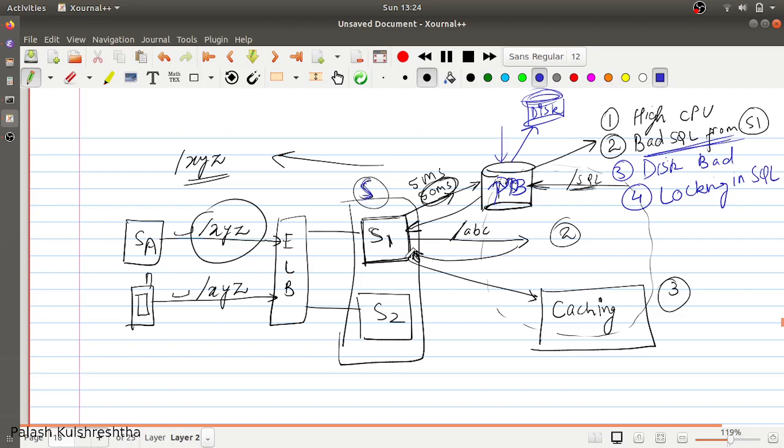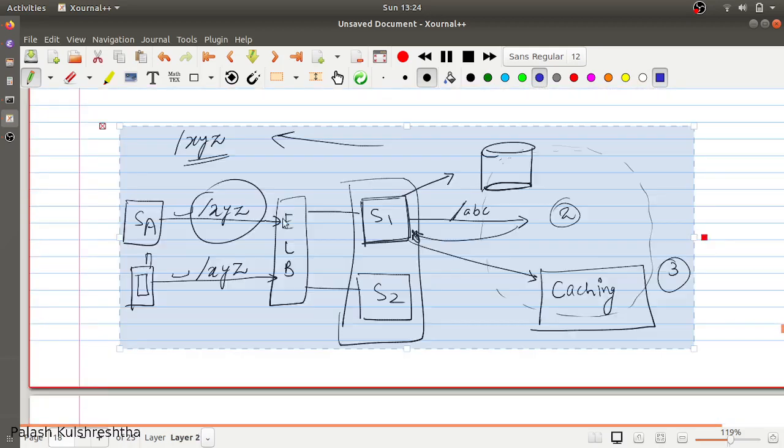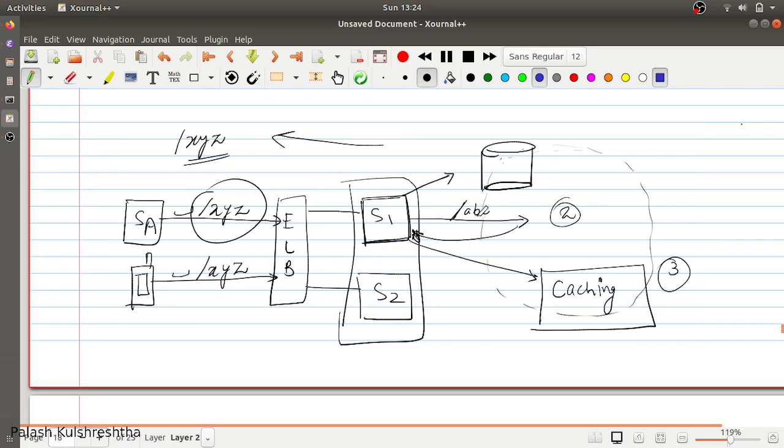Let's consider the API side. For example, service S1 is calling /abc, and if this API call was initially taking 5 milliseconds and now it is taking 100 milliseconds, then there is no issue on the S1 side. There is no issue on the S1 side, but there is an issue on the service that is hosting the /abc API call. So we must inform that service owner that the /abc call has high latencies, which is basically degrading the performance of our service B.